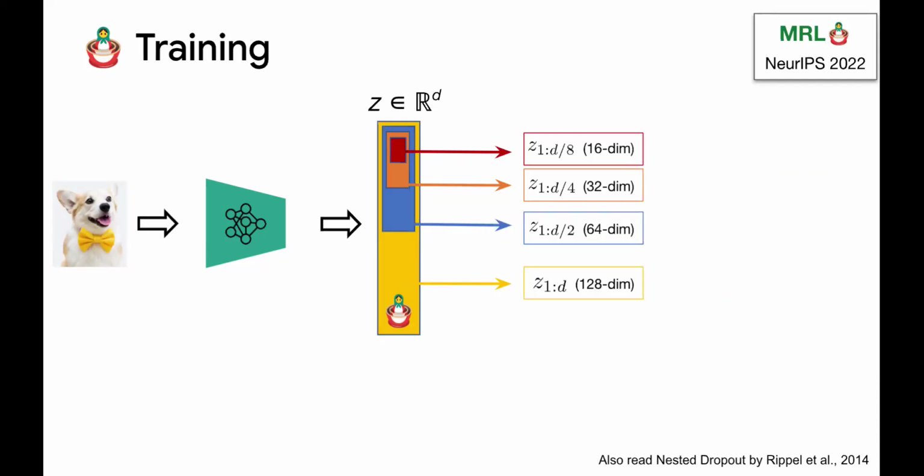Is it extremely complicated? Are you going to do some fancy math to ensure that the most important information is reordered? Turns out the answer is no. It's an extremely simple loss function. Whatever your representation learning function is, your classification, contrastive learning, next word prediction, it doesn't matter. You take the same loss, apply it at 128 dimensions, apply it at 64, 32, and 16.